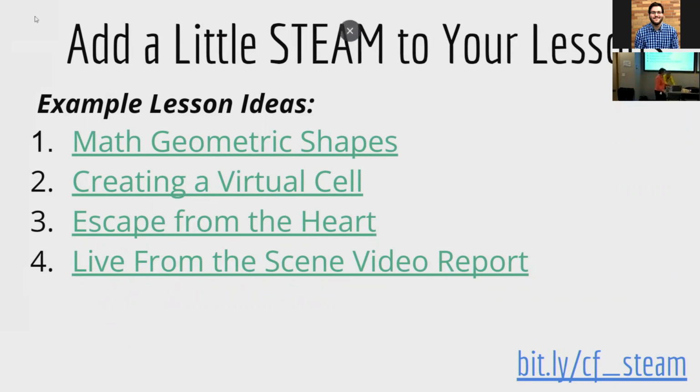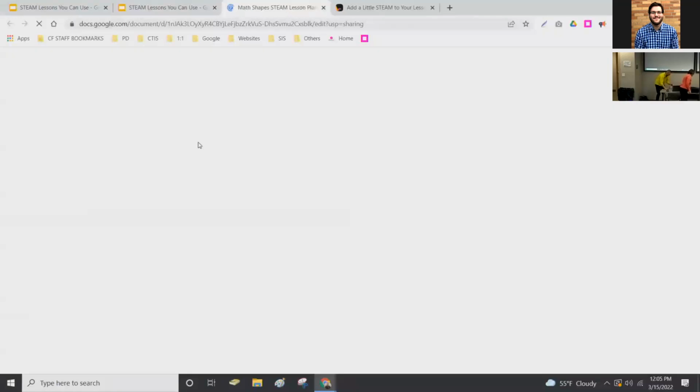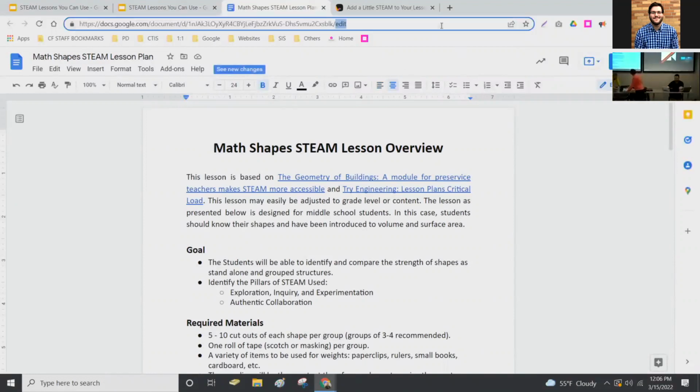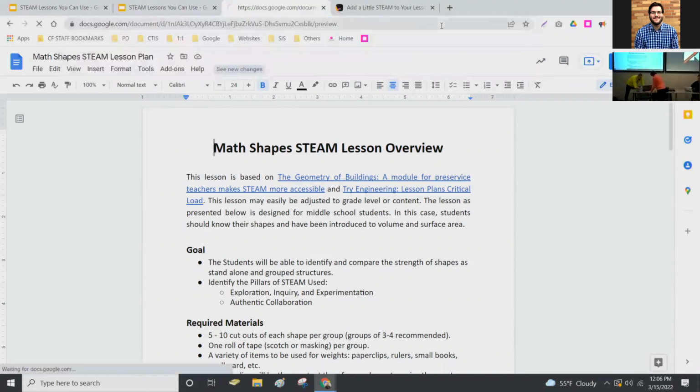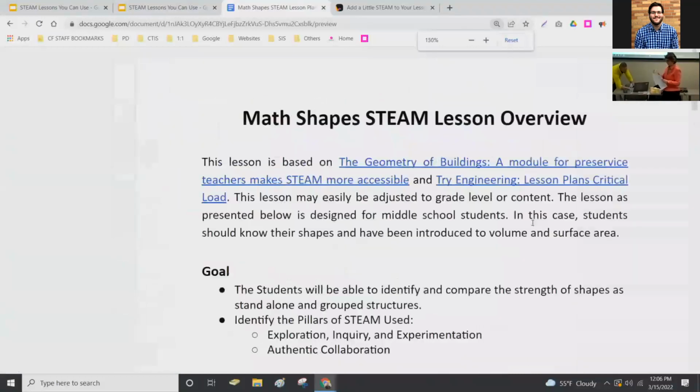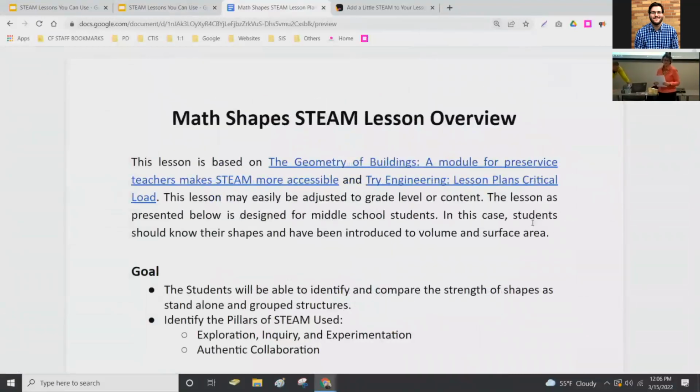Yep. Okay, so the first one was mine, and if you know me, you'll know that I am the least mathematical person out of our 4 team members here. But I do like to do crafts, and I'm very hands-on. So my thought was, let's do something with math. Let's do something with shapes. So I went out and I fully admit, I stole this lesson and I meshed it together for something that would work from the geometry of building and engineering. So I meshed those together and I thought, what do I have?